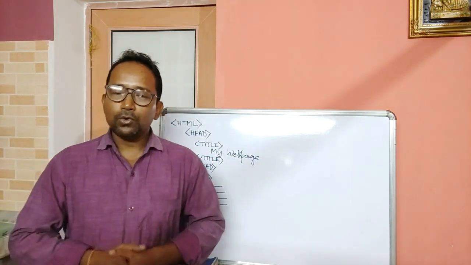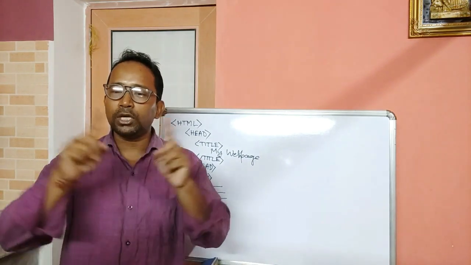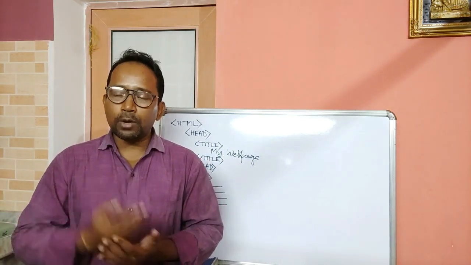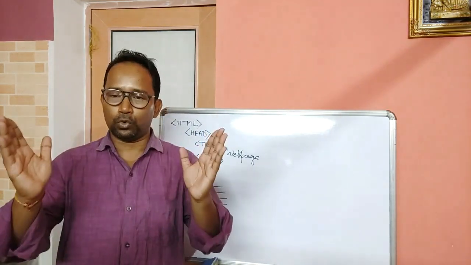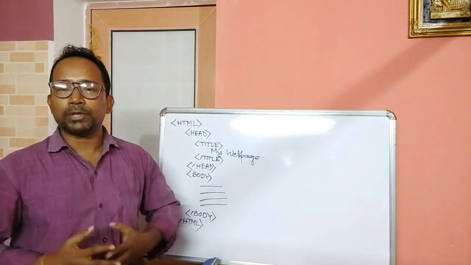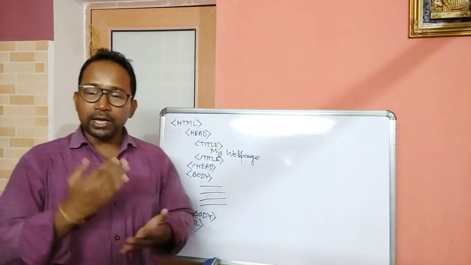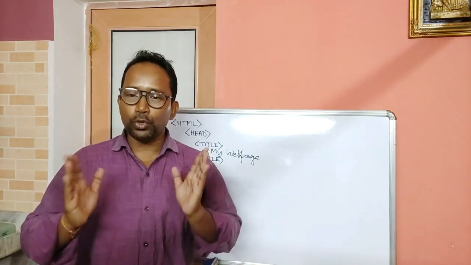So save it. After saving, when we go to open that file, the file will open in your default web browser. So if the default web browser in your computer is Google Chrome, your file will open in Google Chrome. That time you will not be able to see this code. It will display the contents of the web page. Now to see the code, again you have to open that file in Notepad. Understood? That I will show in my next video.